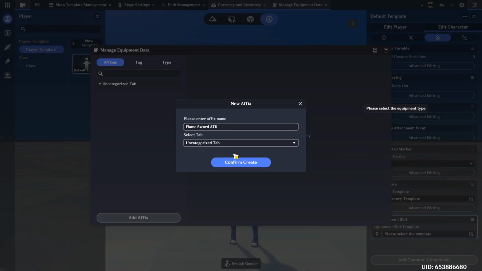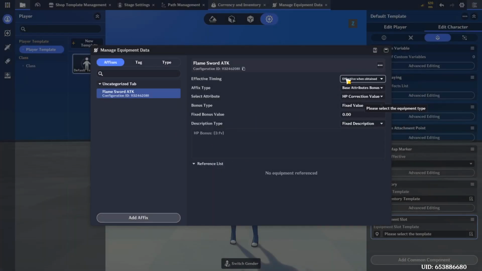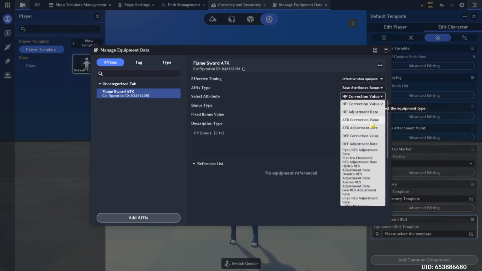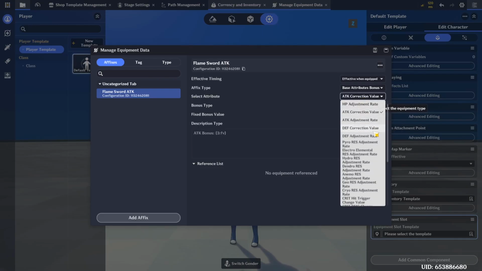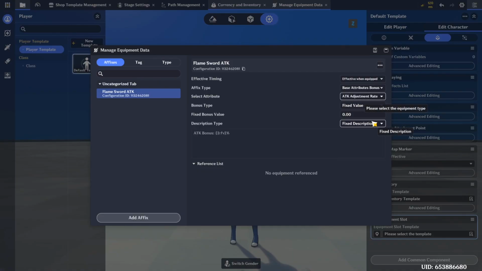attack. And here we can do effective when equipped on the effective timing. Attribute bonus is fine. And we want it to give bonus attack when we equip it. And we can have a correction value, which is a flat value, or we can have a adjustment rate, which is a